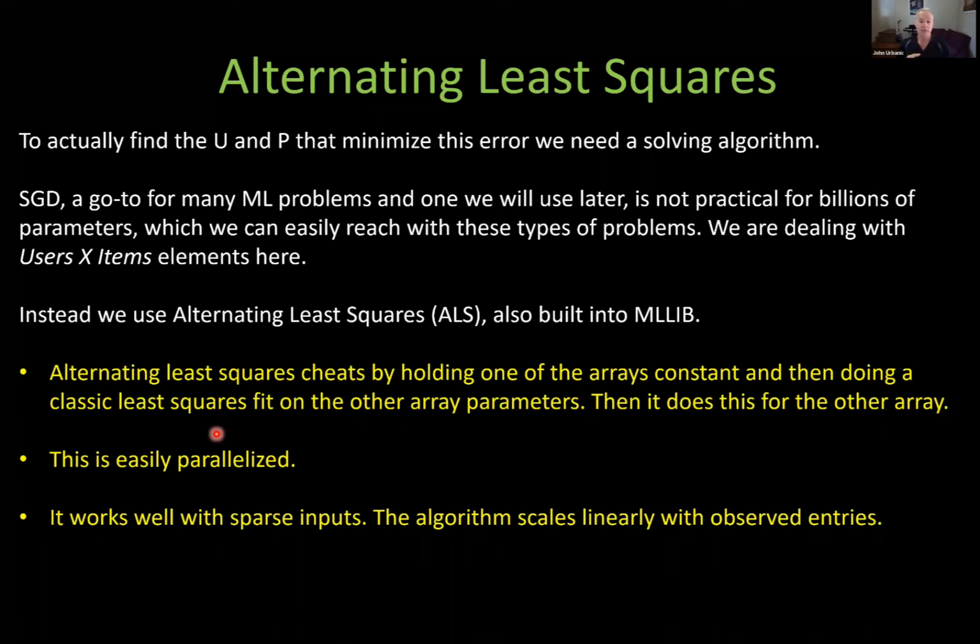Okay, let's alternate that process back and forth. And what we would find is that for anything that's not a weird pathological case, U and P would eventually home in on a pretty good approximation. So that's alternating least squares. We do a standard least squares fit that, again, is a very doable, simple problem. But by alternating back and forth between U and P, starting with random values and then pretending that they're good values, we can come up with a solution. So this is the way we're going to do it.